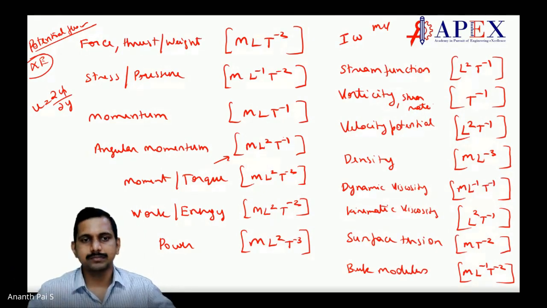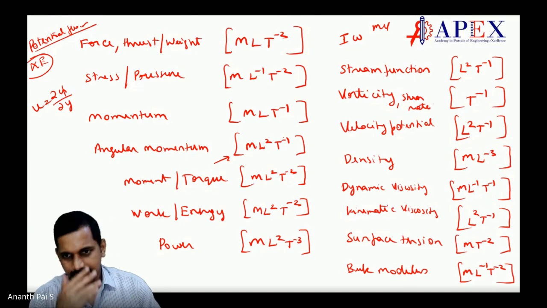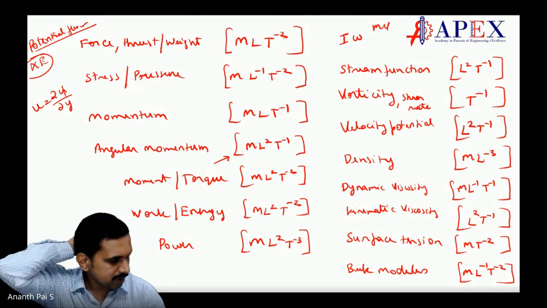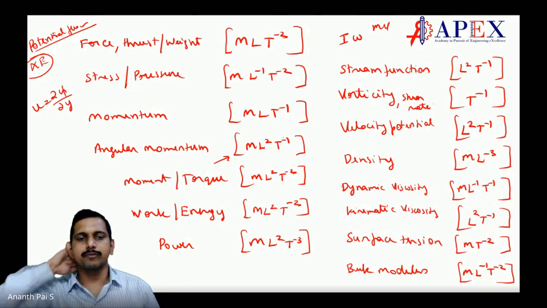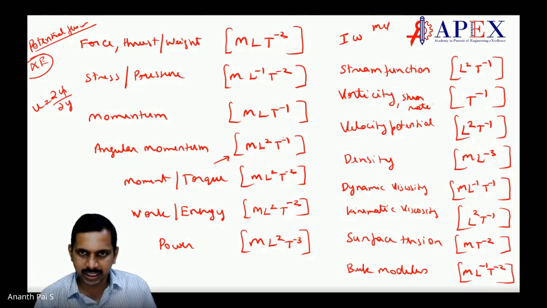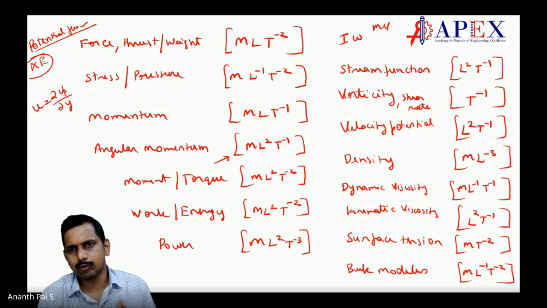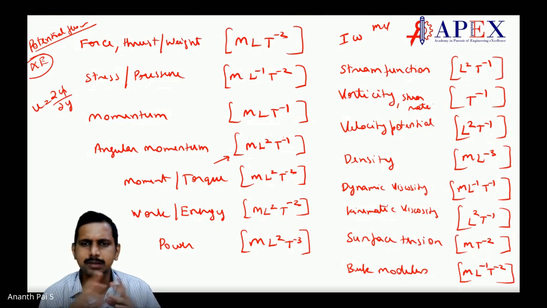That's it. This completes the whole thing about dimensional formulas. Now, based on these dimensional formulas, tomorrow we will go with Rayleigh's theorem and Buckingham Pi theorem. Very easy ones. You don't have to worry about it. Not many questions come, but they will ask a simple question about Buckingham theorem, just on the statement, or very simple ones.